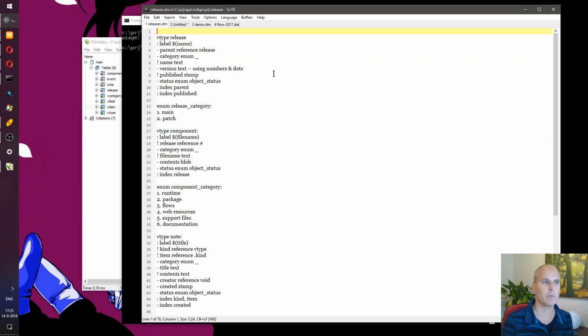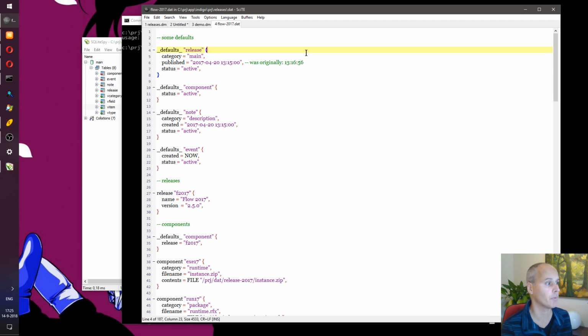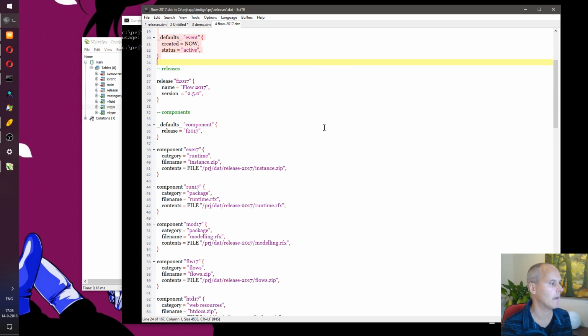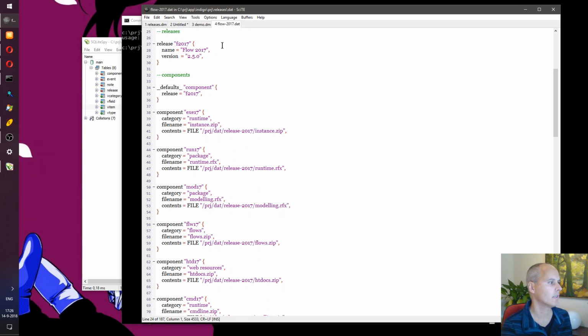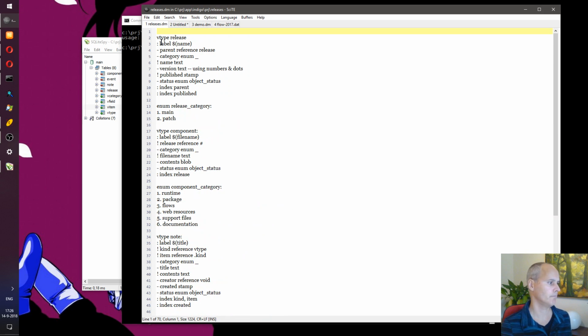And at some point we wanted to enter data into the database. So this is the way that we did it. Let's first skip this section here for a minute and look at this part here. What this file holds is actually a list of objects. So here it says, here's a release object with this particular name and this particular version, and there's nothing else. Here there's a component object of this particular category. Category was here an enumeration, which in the database,